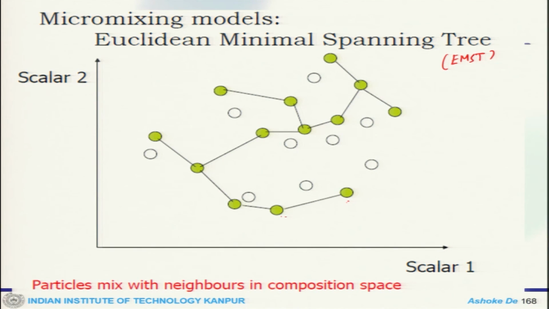So, they try to look at the immediate neighbor and pair with it, and then this forms the tree, which in a larger sense helps to find the mixing model constant. When you compare these three particular mixing models, this is quite handy, or I would say accurate, compared to the other two.